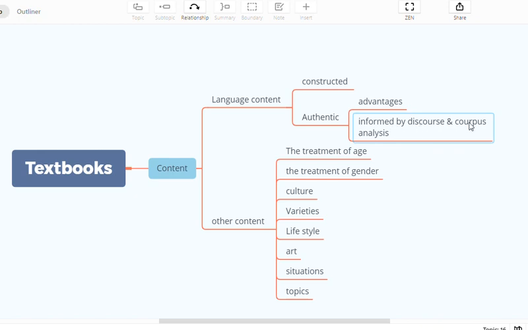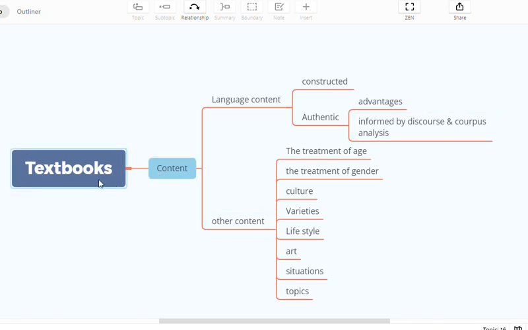representative texts. Corpus analysis means when you analyze a large number of texts, a large number of language features, a pile of language using software, and you find the frequency and similarity of the text, and you focus on or select the representative features and texts which are common and shared by all or most of the text or language users.